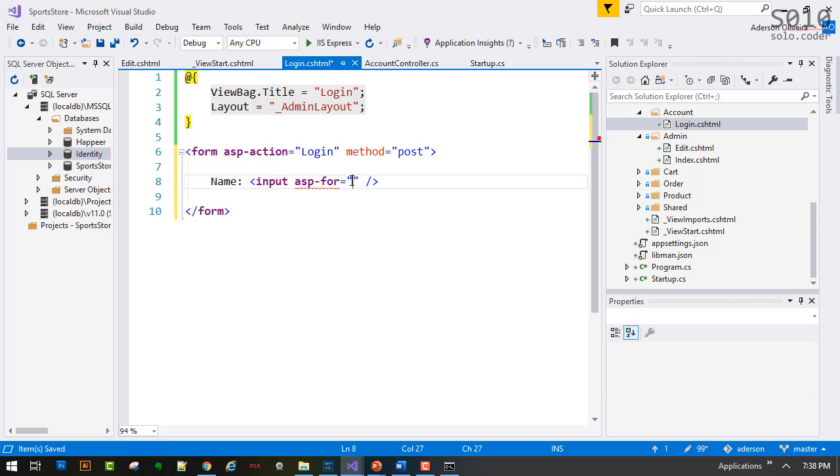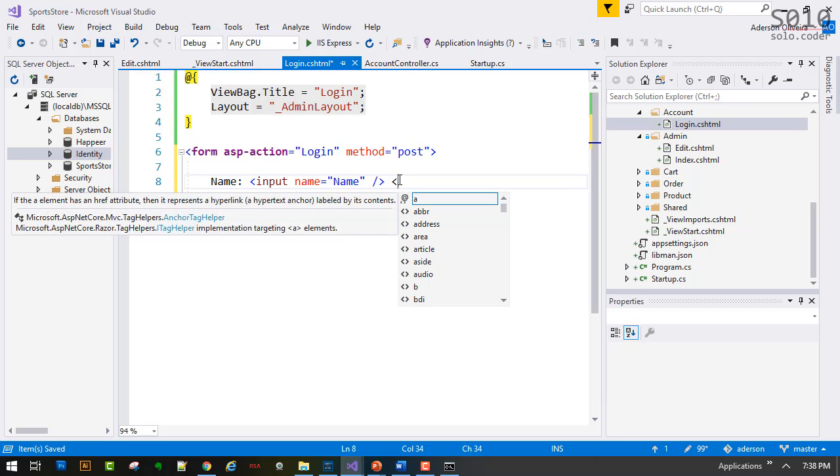Because I don't have a model. So again, ASP4 is supposed to bring properties from the model. I don't have a model here, so I'm not going to be using that. But I do need to give it a name. So I'm going to say name here. I'm just going to break the line here,